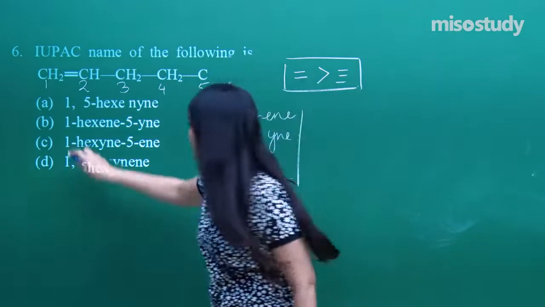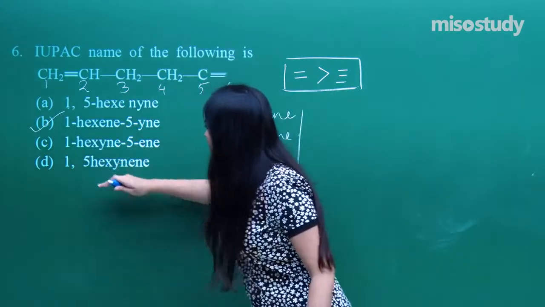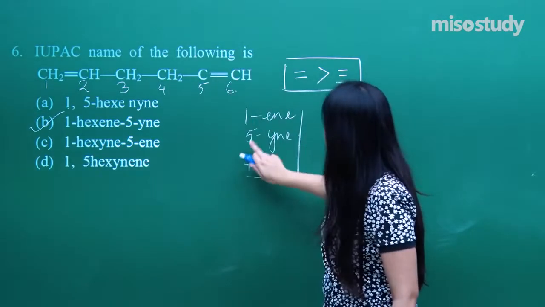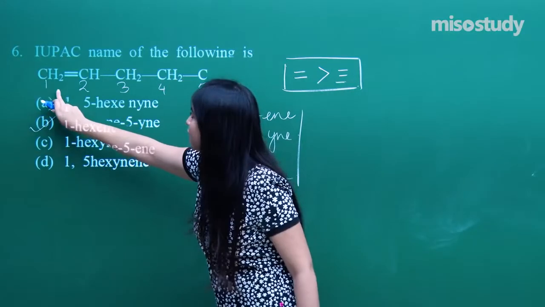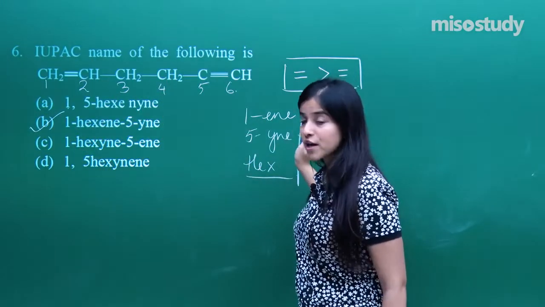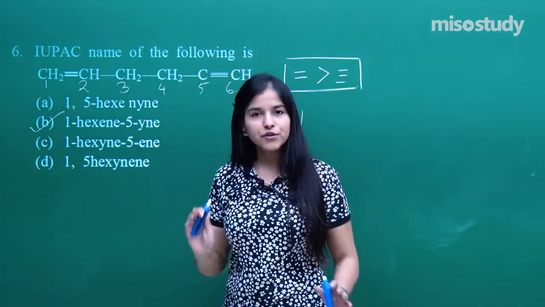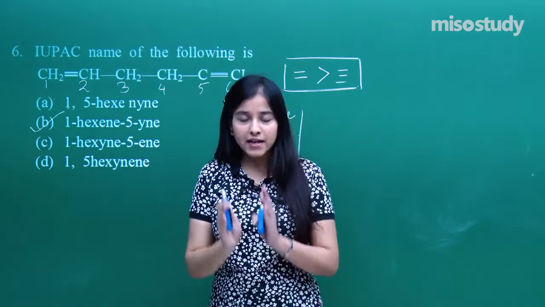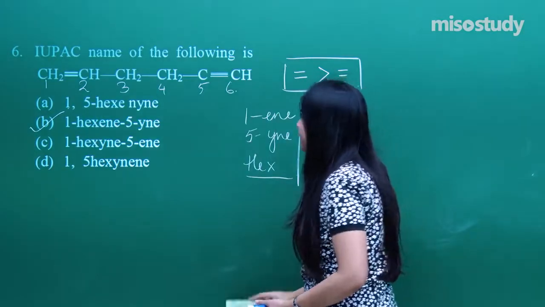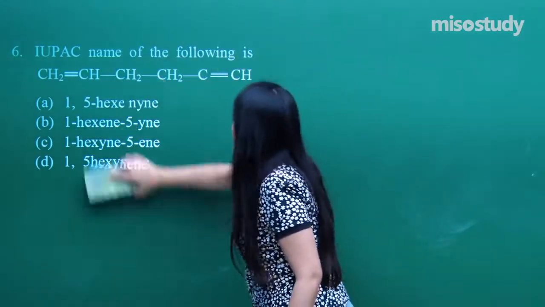It's a very simple question. I hope you all have got the idea. We eliminate all the other possibilities because it's 1-hexyne. That means on the 1 position they have numbered the yne. That means they have started the numbering from right to left. That is very incorrect. So you need to have proper numbering as per the proper preference order. So I hope you all have got this. Let's now move on to the next question. Question number 7.